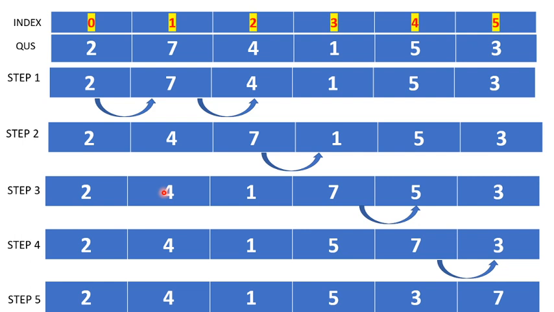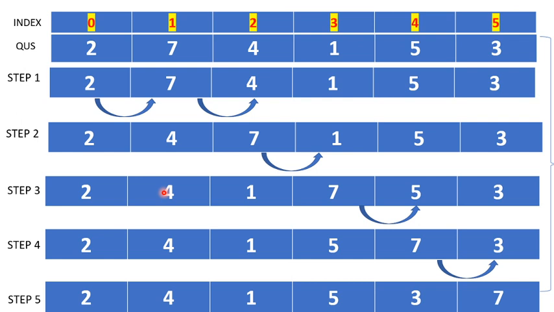So at the last you will see the answer, the list will be 2, 4, 1, 5, 3, 7. Now this whole thing is called pass 1. Once scanning is completed, we have traversed from index 0 to index 5, it means pass 1 is completed.